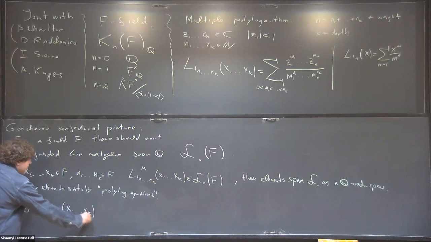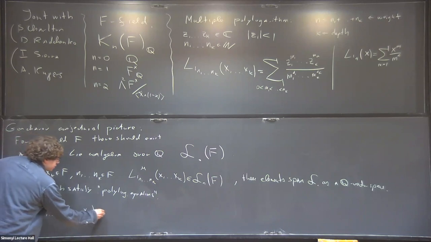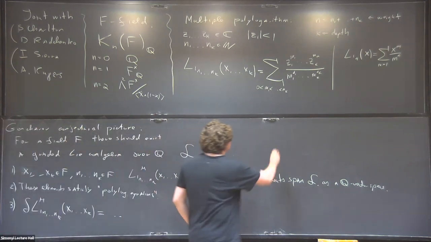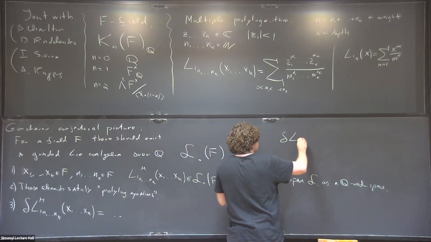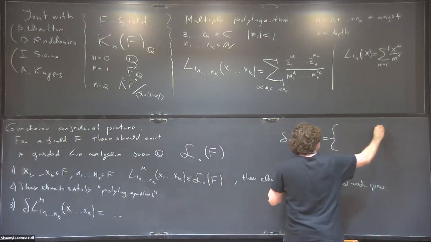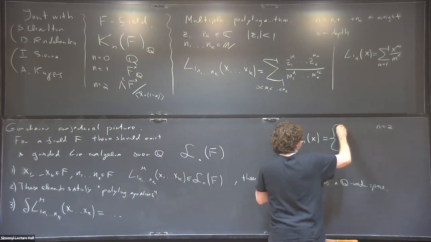So there is a predicted formula for it. I'm not able to write it in general because it's combinatorially a little bit involved, especially for general multiple polylogarithms, but I will write it for classical polylogarithms. So for classical polylogarithms, the expected co-bracket is given by the following formula: for n equal to 2, that's